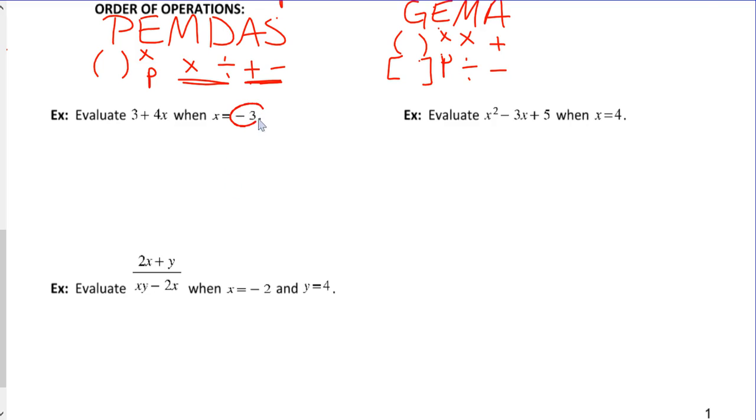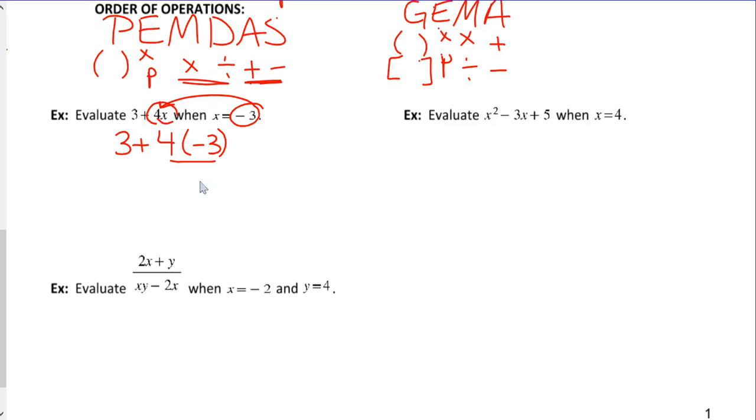So what we're going to do is take this x equaling negative 3 and plug it in for that x. So I would take 3, just rewrite that, then 4 times a negative 3. Now there's two operations in this problem. This 4x here I should allude to. If there's not an operation with that, hopefully you remember from pre-algebra and algebra 1 stuff that means to multiply. So we have an addition and a multiplication here, and we would like to go ahead and do that multiplication